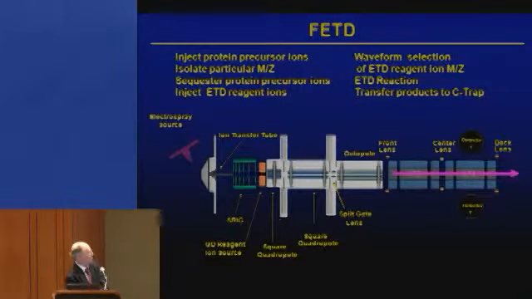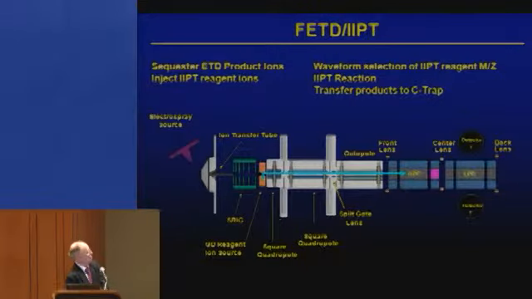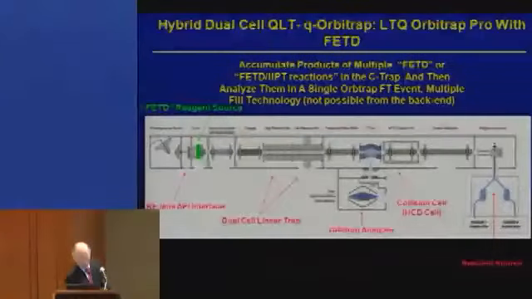If you want to do proton transfer on this instrument, then you just switch over. Both reagents are coming in at exactly the same time. You're just mass analyzing and picking the one you want to do the chemistry. And so you send your proton transfer reagent down here and pull the protons off the ETD reagents and then send them on down to the Orbitrap. Okay, so